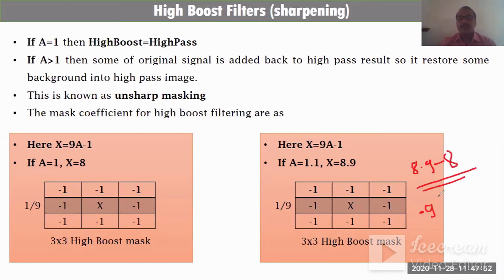So that means some sort of the image will remain. आपण मागाशी म्हणलं मास्क मध्ये सगळ्या व्हॅल्यू 0 आली पाहिजे, बरोबर आहे की नाही? पण इथे व्हॅल्यू किती येते? 0.9. Okay, that means we have maintained some sort of low background. If the value a will be greater than 1, बघा इथं greater than 1 असेल तर काय होतंय?